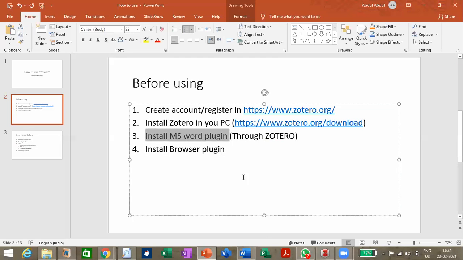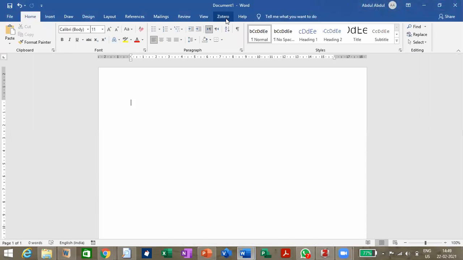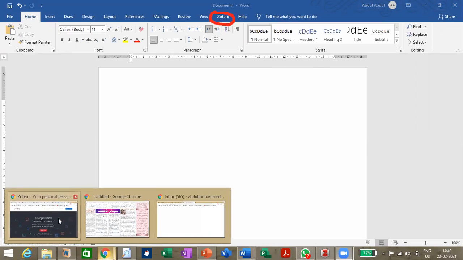So what is this MS Word plugin actually? It is a plugin which gives you this Zotero option in Word. I hope you can see this. Yes, this one, you'll be getting this Zotero plugin once you install or add the MS Word plugin. Then what is the browser plugin?